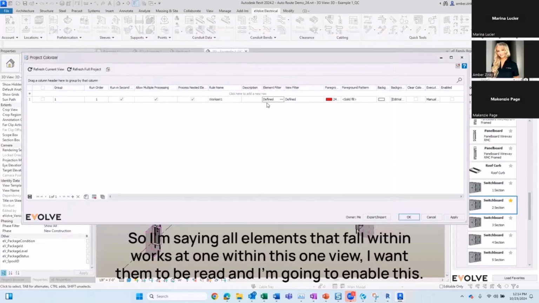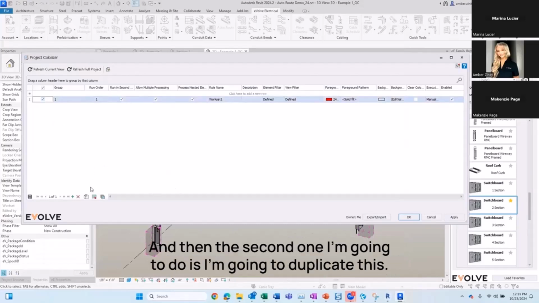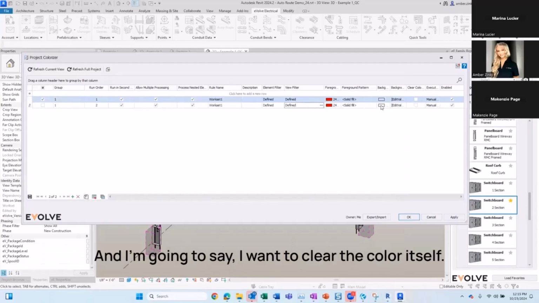So I'm saying all elements that fall within work set 1, within this one view, I want them to be red. And I'm going to enable this. And then the second one I'm going to do is I'm going to duplicate this and I'm going to say I want to clear the color itself